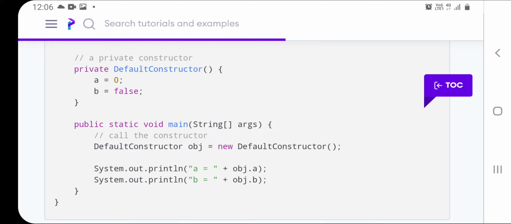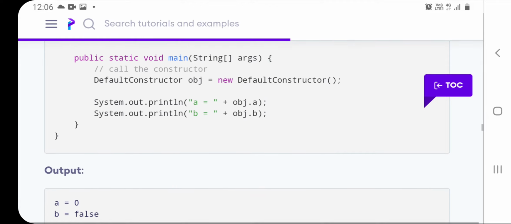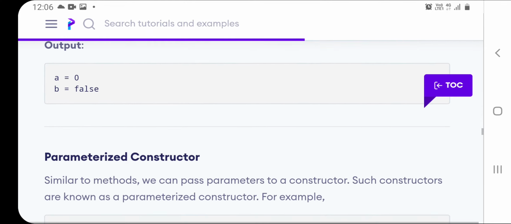Here it is written explicitly. If you are not writing it as private DefaultConstructor also, the Java compiler will automatically initialize the variables to some value. Because of that it is called the default constructor.